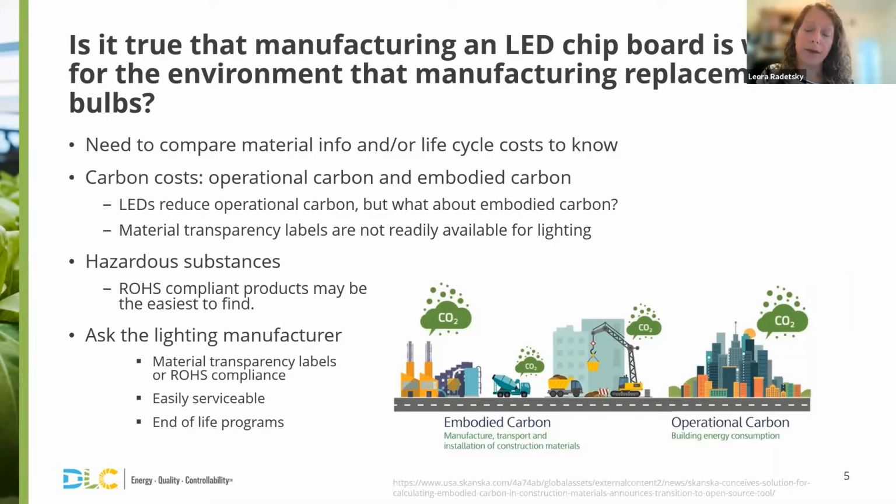The second way we can compare data is in terms of its climate impact, and that's by looking at the life cycle carbon costs. So let's start with that. If we want to compare carbon costs, we have to actually look at two components of the product. The first is operational carbon. How much energy does it use, and what does that have to do with our carbon use and greenhouse gases? And then the second one is the embodied carbon, which is how much carbon is produced when you manufacture, transport, or install these products, on the same sort of unit basis, so on a fixture to fixture basis, let's say.